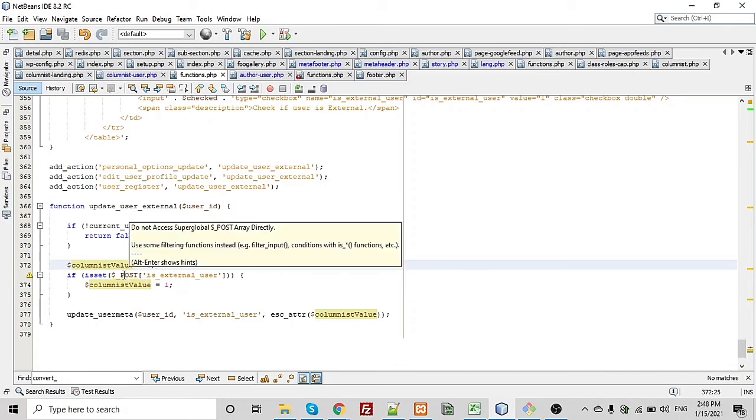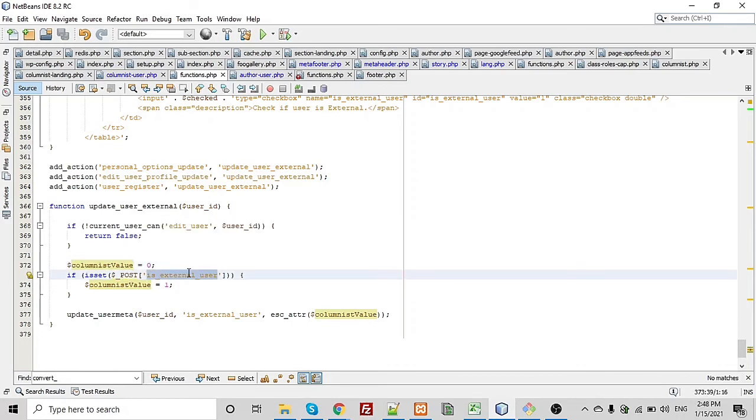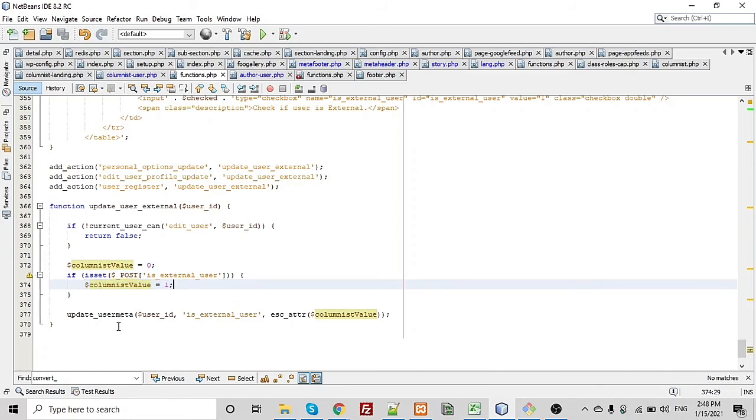If $_POST is_external_user is set, it means the user has checked this checkbox, so I am changing the value to 1 and calling the inbuilt WordPress function update_user_meta. I am putting here the user ID, which user I have to update, with the checkbox field name is_external_user and the value, which I am getting from here.